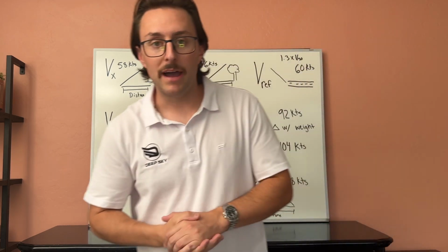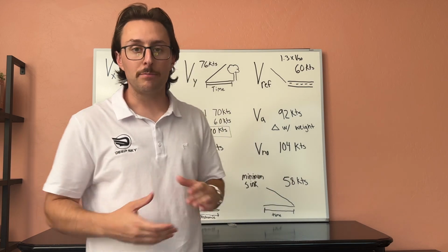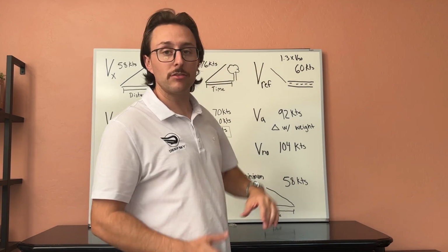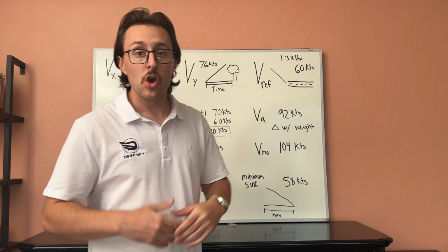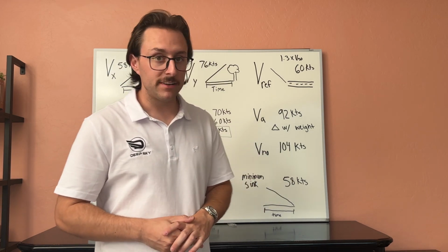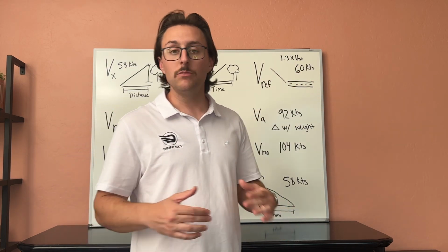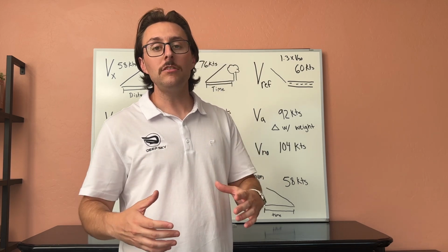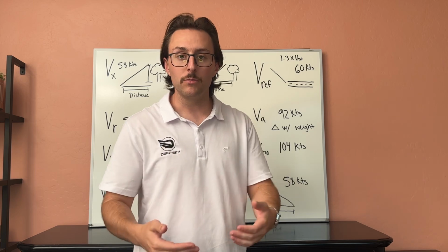Next, we're talking about VREF. Now that is going to be your final approach speed. Traditionally, the calculation is 1.3 times VSO. In a minute, we'll talk about what VSO is. What we want you to fly in our aircraft is going to be 60 knots. So it's an important speed we want you to have remembered because you must be flying that speed on final in order for you to touch down in a smooth manner at the point in which you desire to touch